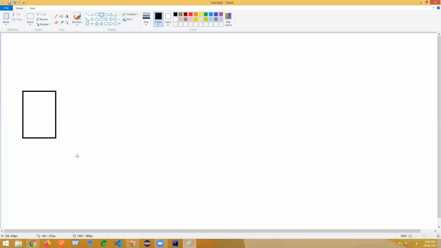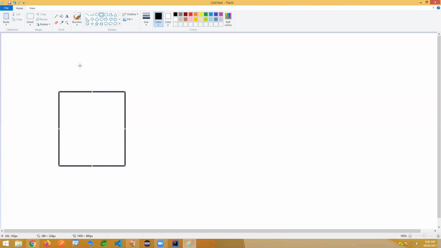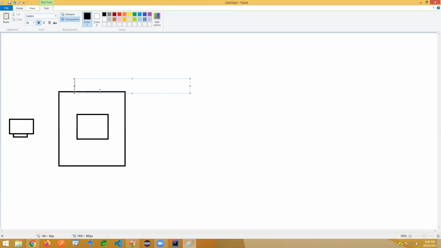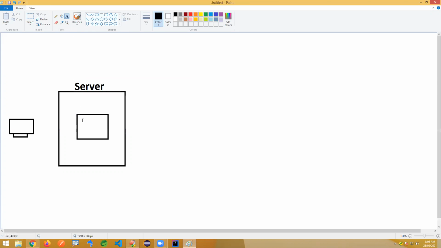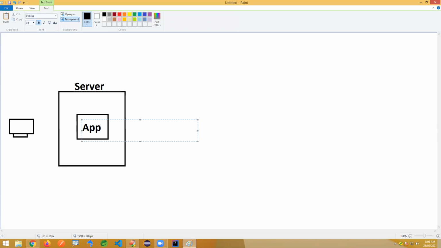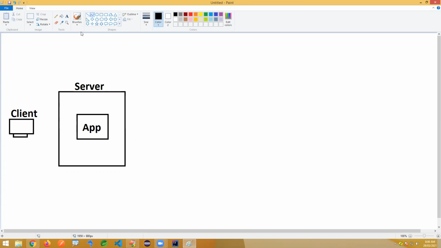First of all, we have placed our application in the production environment. The end client machine, something like a browser, is making the request. Our application exists on the server. This is the client machine, which makes a request and gets the response.